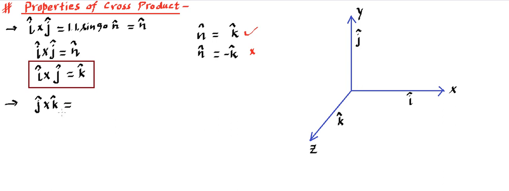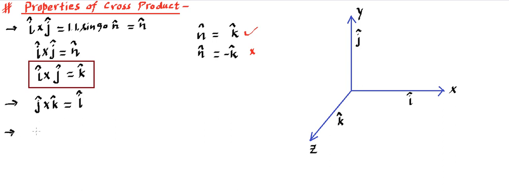If you use the right hand rule, place your fingers in the direction of j vector of right hand, try to curl in this way so that natural curling occurs in the direction of k cap. That means outward curling if you do by placing your fingers in the vertically upward direction, then thumb will be moving in the rightward direction. You can see by doing this experiment, you will find this is going to be equal to i cap. So j cap cross k cap converts into i cap. Similarly,